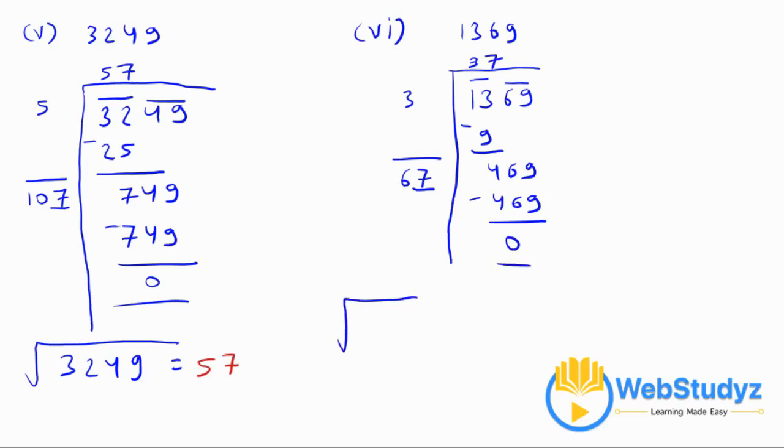So the square root of 1369 comes out to be 37. Now move on to the seventh one, which is